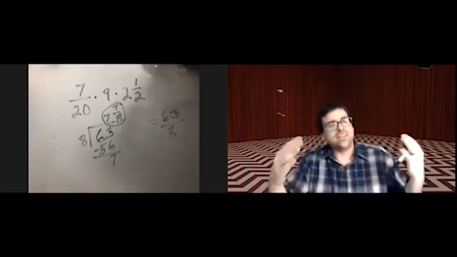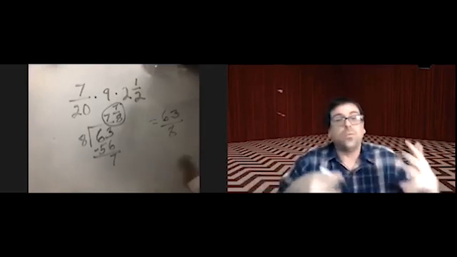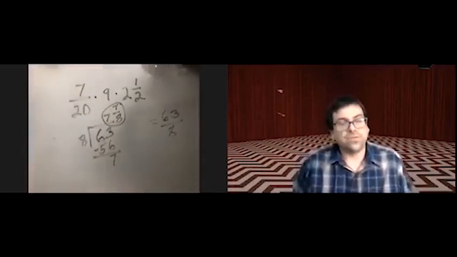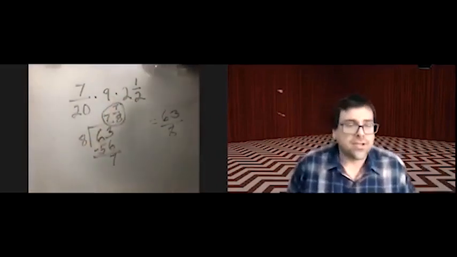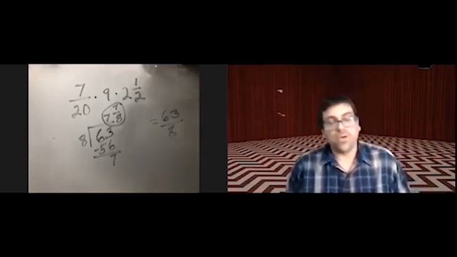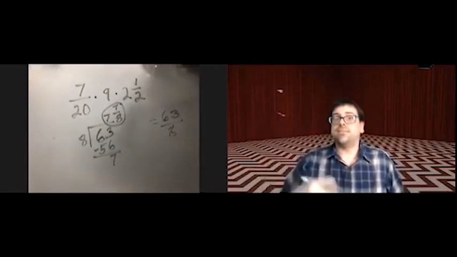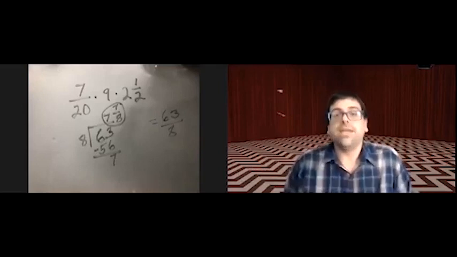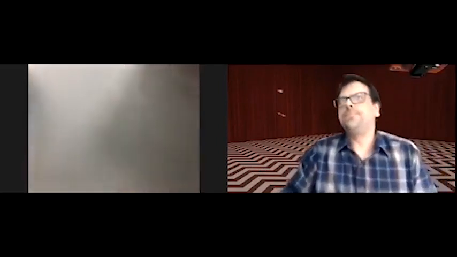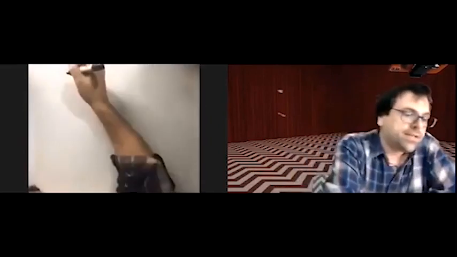The homework's going to go on, give you even more of these, but what we're doing is not changing as we go. Whole numbers become themselves over 1, mixed numbers become improper fractions. If there's a 0 in the chain, the whole thing becomes 0. If we get an improper fraction at the end and there's a mixed number in the problem, or it suggests a mixed number can be the answer, we need to change it and not leave it as an improper fraction. And we're going to look at division. But before we can actually divide, we need to talk about something called